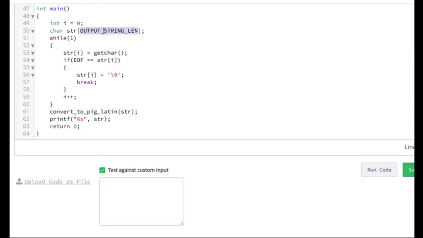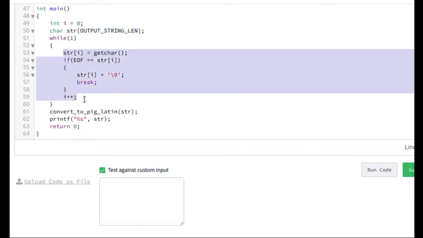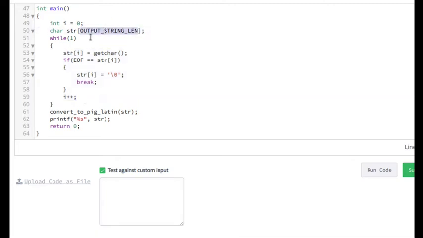Why am I doing this? Why am I declaring the output string length for str, in which I am going to store the input? Because this str I will be passing to convert to Pig Latin later, and I will get the output in str only, right?